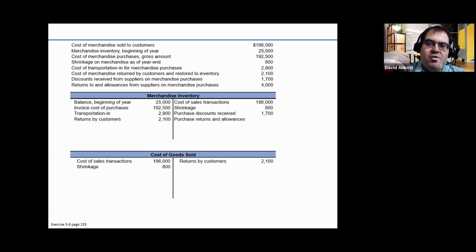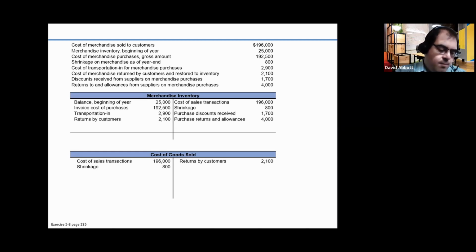And then we have returns to and allowances from suppliers on merchandise purchases. So we returned some of it, or maybe some of it was damaged. They gave us a discount of $4,000. So you have to keep track of that. So then we have to figure out our balance. And so what we can do